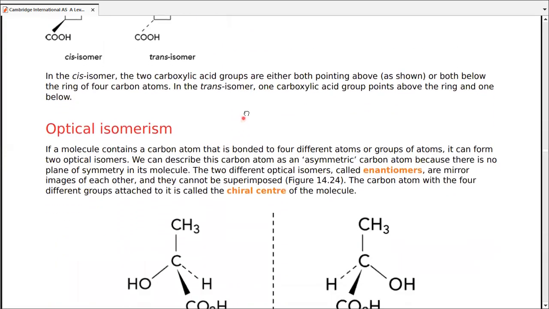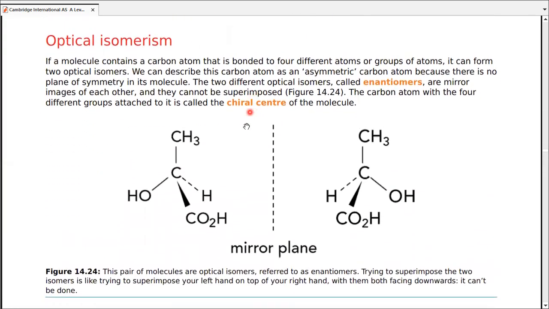Now, the last subtype of isomerism, optical isomerism, is itself a type of stereoisomerism, actually. So we are going to go with this last type today. Now, a little bit of prerequisite knowledge before we actually start optical isomerism. If a molecule contains a carbon atom that is bonded to four different atoms or groups of atoms, it can actually form